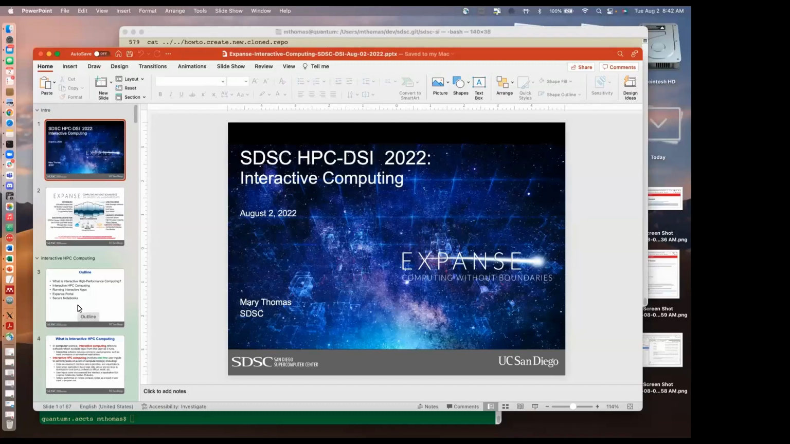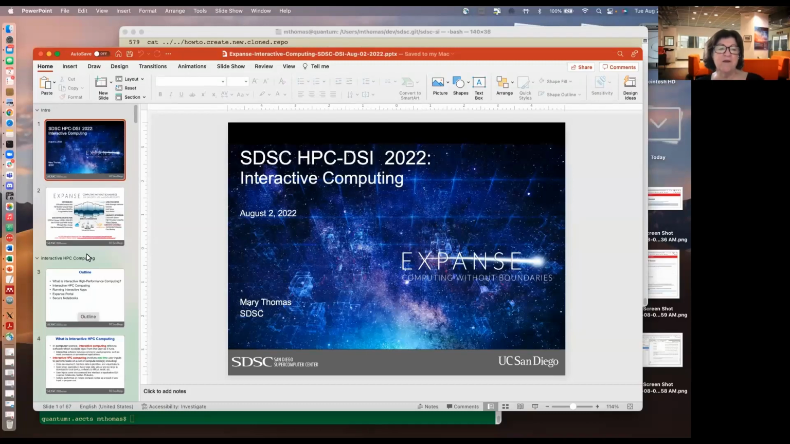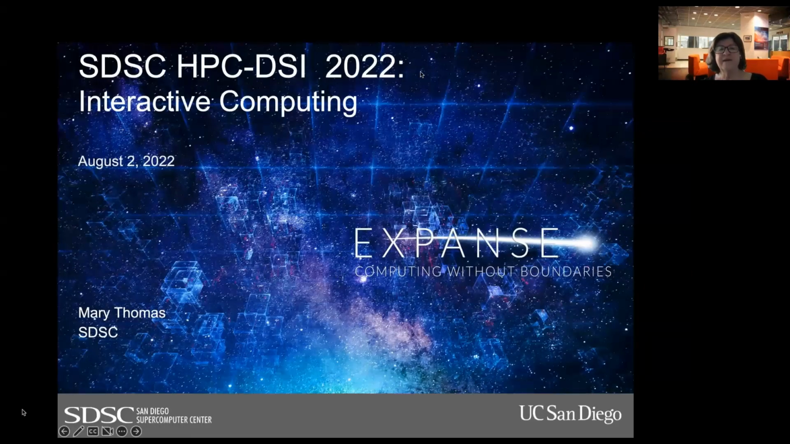All right. So today I'm going to be talking about interactive computing on Expanse and the different modalities for that. So let me go ahead and fire this up. Okay, so in this talk, I'm going to address interactive computing, which is where you actually get onto a compute